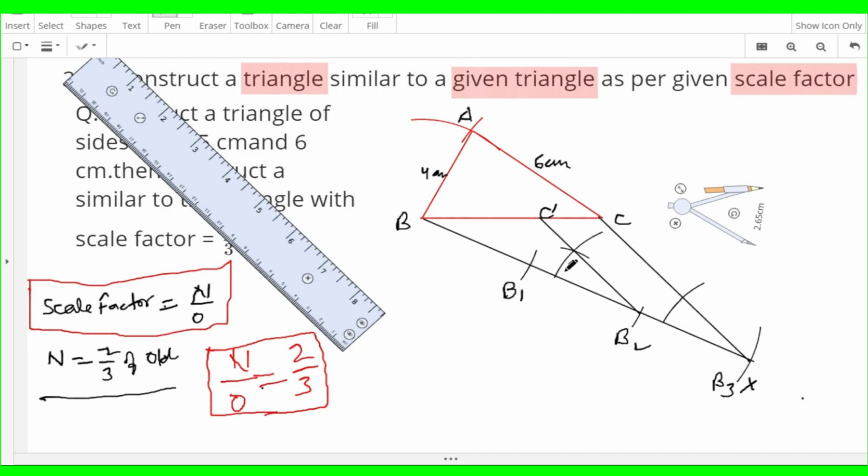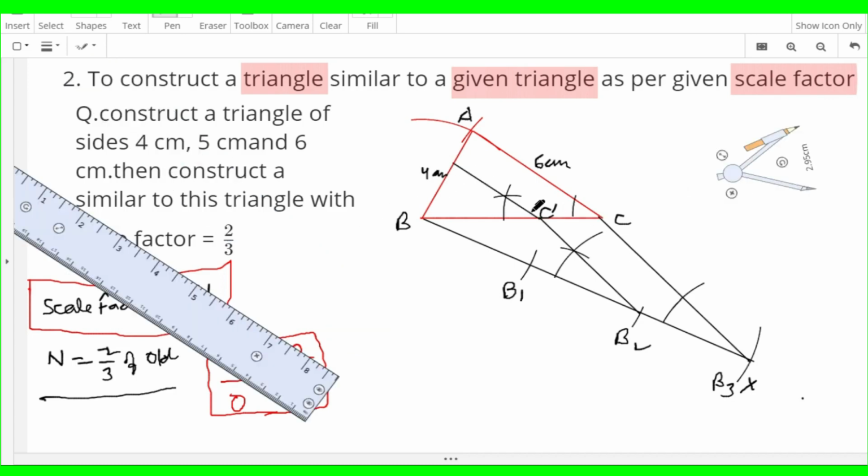Now as we have drawn this parallel line, similarly we have to draw one more line from C dash parallel to AC, which will intersect somewhere at AB. We'll do it using compass and ruler, again using the same method to draw the parallel line. You got this line parallel to this, and then mark this point as A dash. So here we see that A dash B C dash is a new triangle which is similar to triangle ABC.